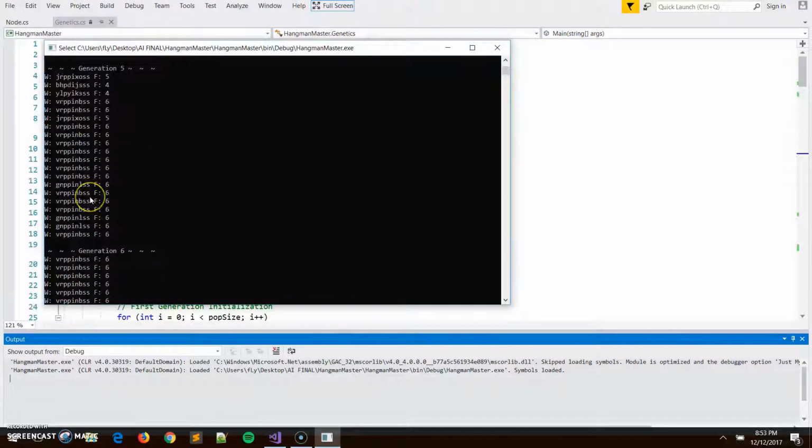But since we have mutation every 4th generation, it gets out of that, and we can see that happening here. This word has fitness level 4, but it's not the same, so it's different. It was changed, so it got out. Then some other individual dominated again, and it clearly dominates some part of it. These 2 individuals are dominating. They have 6 fitness level,